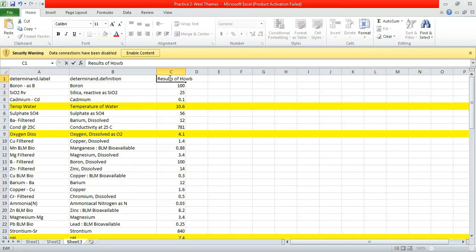Okay, and then here, this is the definition, and we need this, so we can say water parameters. Okay,